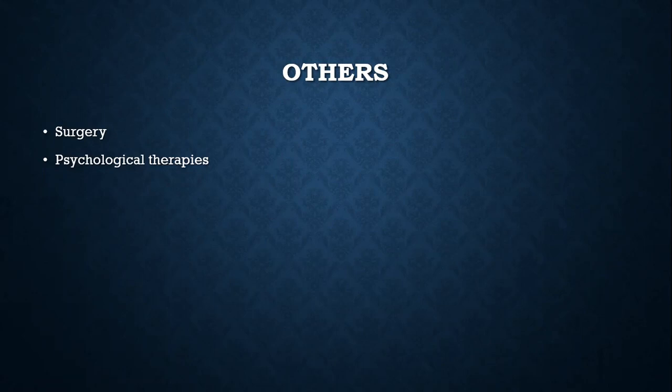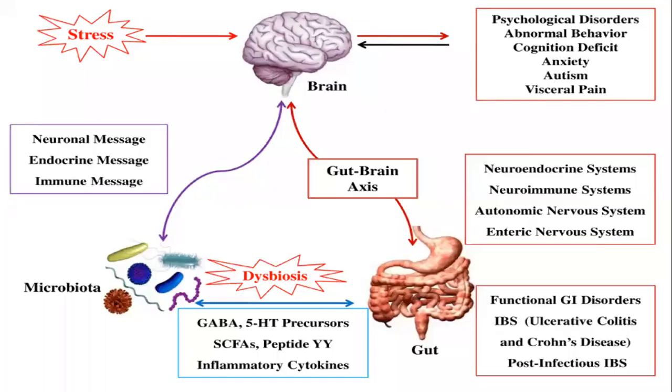GI is so complicated that the brain is connected to the gut through the enteric nervous system. Remember, the vagus nerve comes out through the brain. Vagus nerve has a control on the intestine. Vagus nerve controls the enteric nervous system. So the central nervous system through the peripheral nervous system is controlling the enteric nervous system here.